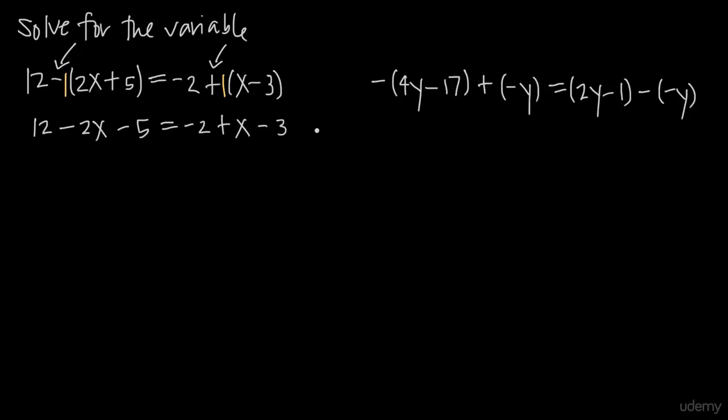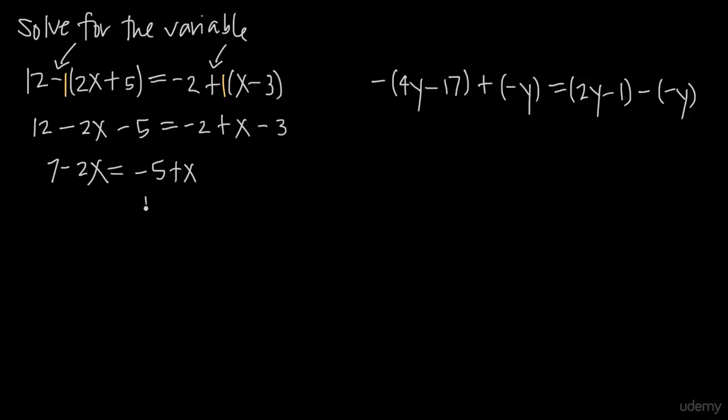So now that we've removed our parentheses, we just need to go ahead and simplify both sides of our equation. So first we'll combine like terms. We have whole numbers here that are like terms on the left-hand side, 12 and negative 5. So 12 minus 5 gives us a 7, and we'll leave the 2x. And then on the right, we have like terms of negative 2 and negative 3. They're both whole numbers. Negative 2 minus 3 is going to give us a negative 5, so negative 5 plus